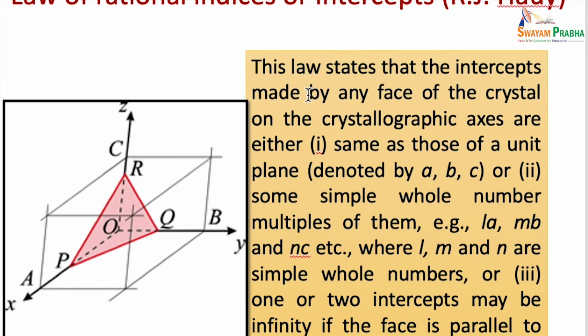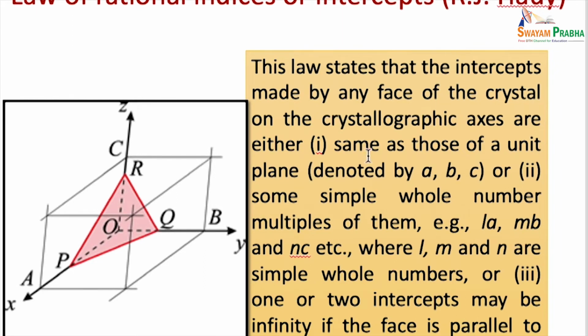This law states that the ratio of intercepts of different faces of a crystal with the three axes is constant and can be expressed by rational numbers, that is, the intercepts of any face of the crystal along the crystallographic axes are either equal to the unit intercepts made by a unit cell, a, b, and c, or simple small whole number multiples of them like l, m, n,